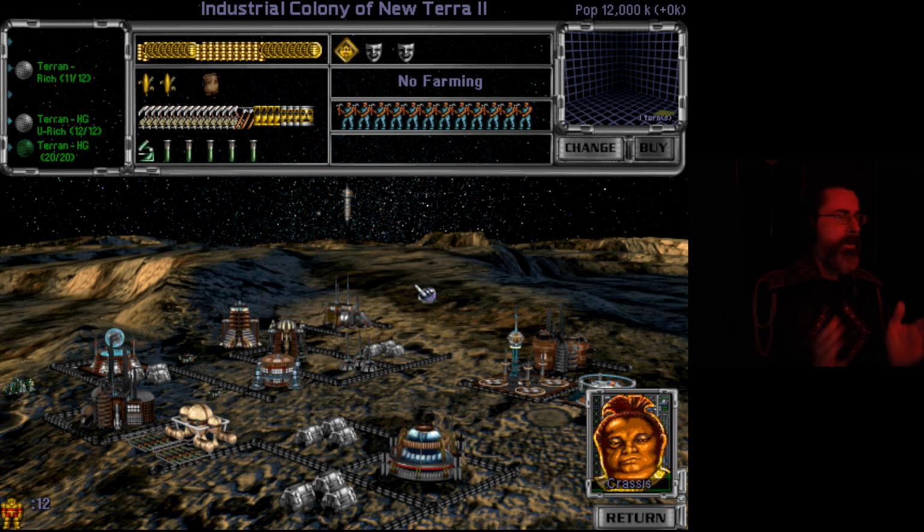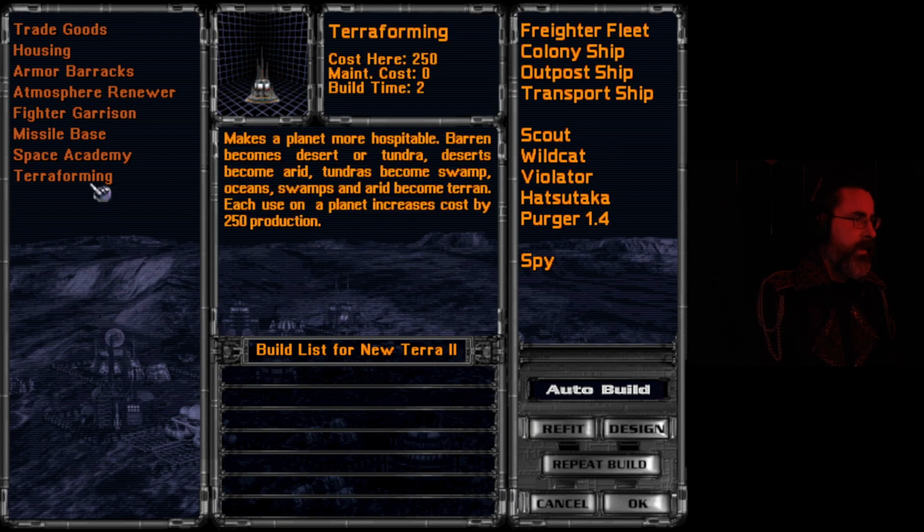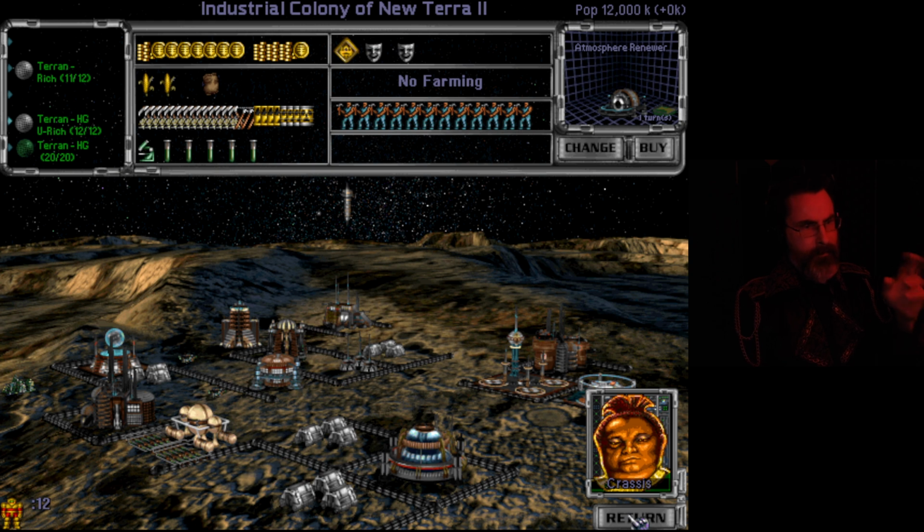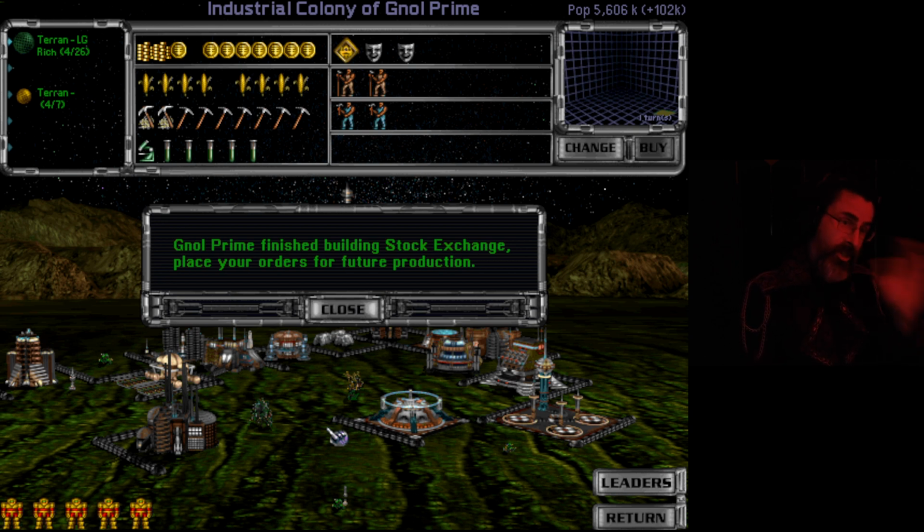And here we are at New Terra 2. Monstrous amount of pollution, you guys. As always, let's get that atmospheric renewer. And then we'll throw a missile base in afterwards. But this will become much more efficient with that atmospheric renewer. I think it'll reduce that pollution by... It's already being reduced 50% by the pollution processor, and then I think the atmospheric is another 25% on top of that. So it'll take a couple of those yellow barrels off altogether and shift that over into